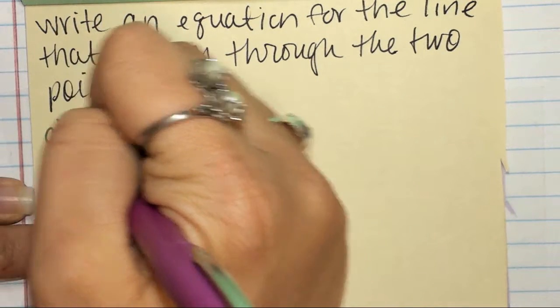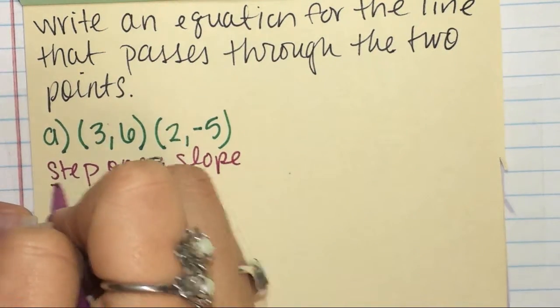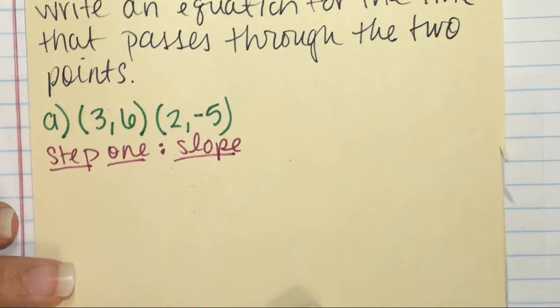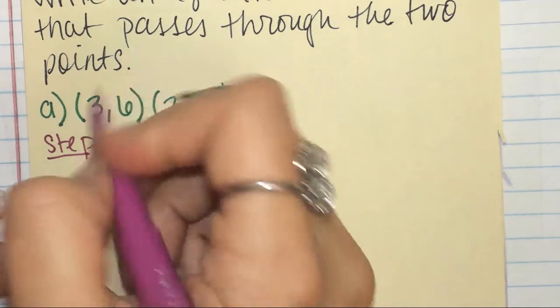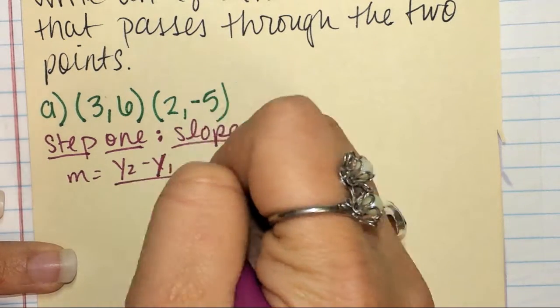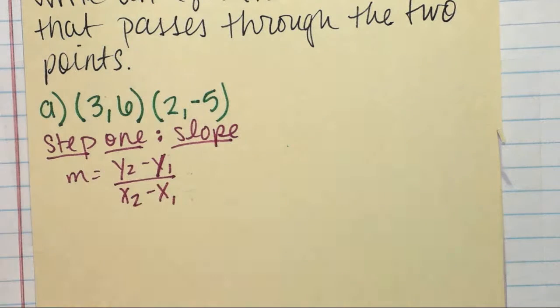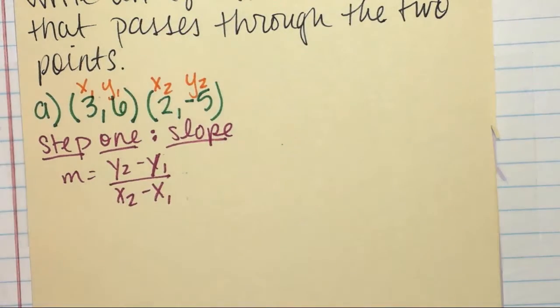Alright, so step 1 is to find slope. That's our first step. Anytime I give you 2 points, you have to find the slope in both of the forms that we've learned. So the slope formula is y2 minus y1 divided by x2 minus x1. In case we don't know which one is x1, y1, we're going to label it every time, and then label x2, y2. That way we plug the numbers into the correct spot, which on our test some of us didn't do and